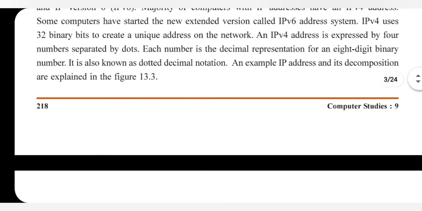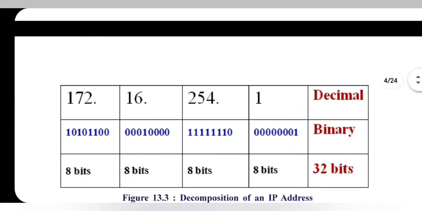We will understand this with the figure. First is the IP address written in decimal form, in which it is shown to the users. But how is it actually represented? It is divided into 4 groups. The first group has 8 digits, then the next group again 8 digits. When you combine these 4 groups of 8 digits, it becomes 32 bits. Like this the IP address is represented in the form of binary.